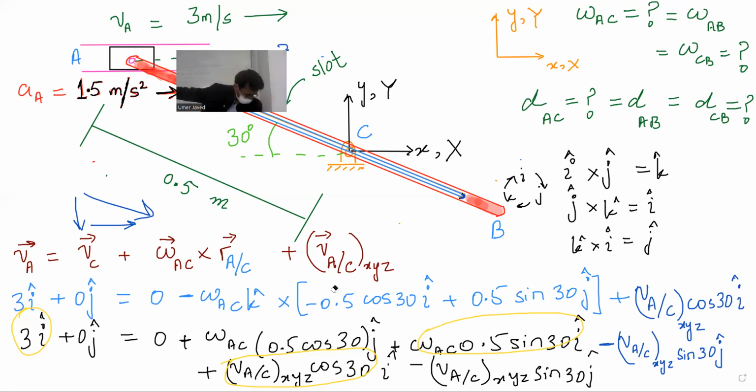The reason I'm saying this, I put it in a very simple analogy: this whole mechanism is not on the back side of a truck. So this system itself, the whole chunk, is not going anywhere. The point C is sitting here. On it there is a slot. The mechanism is going left or right. This point is not going anywhere. If it was sitting in the back side of a truck and everything was going in a particular direction, then I would have said that VC also has a velocity.